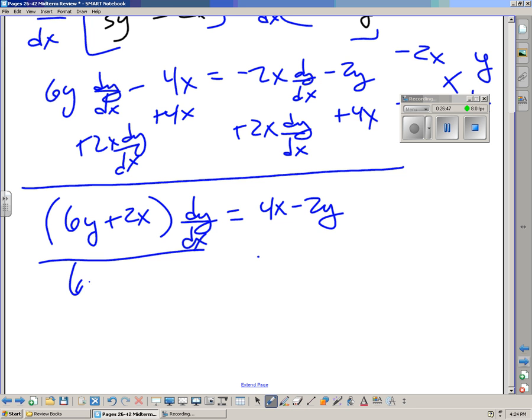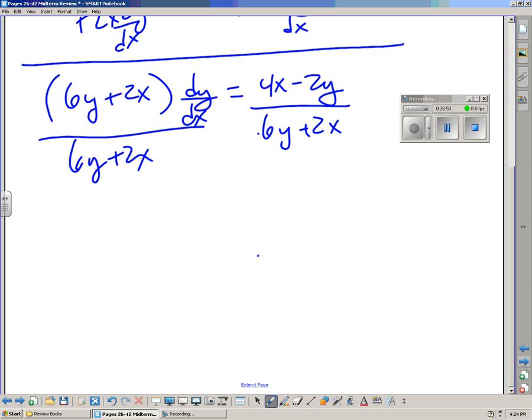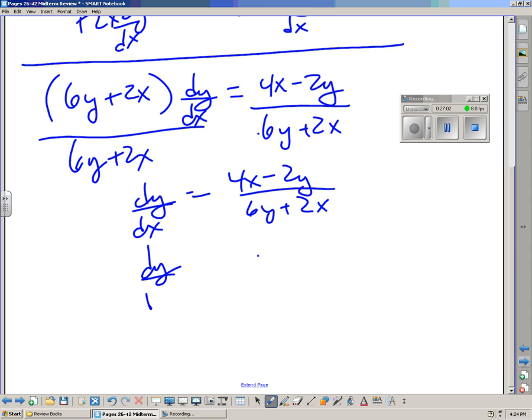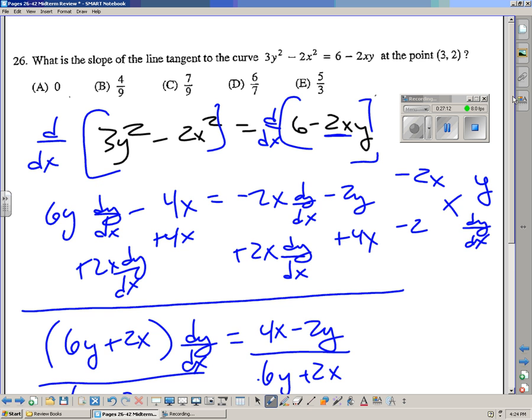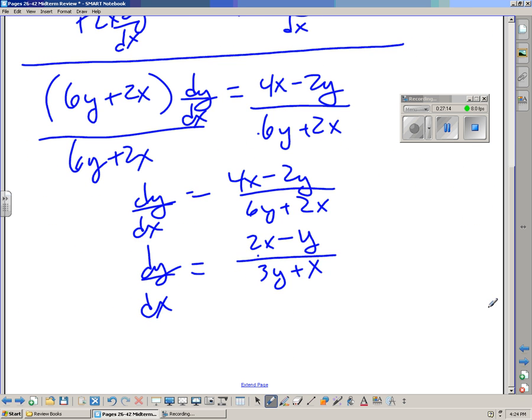We divide by 6y plus 2x. So dy over dx is equal to 4x minus 2y over 6y plus 2x. If you were really interested in simplifying this, which you might be, this would be 2x minus y over 3y plus x if you divide every coefficient by 2. So here's our derivative. We want to find the slope of the tangent line at 3, 2, so we will